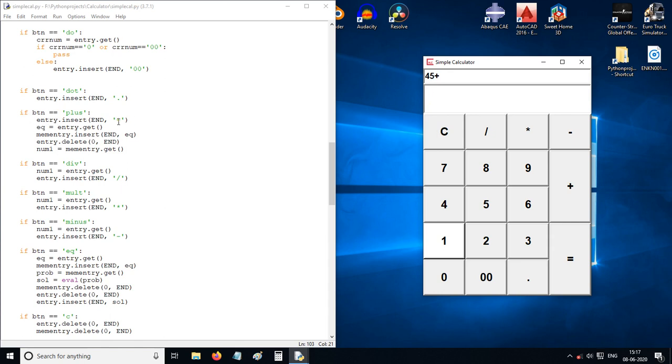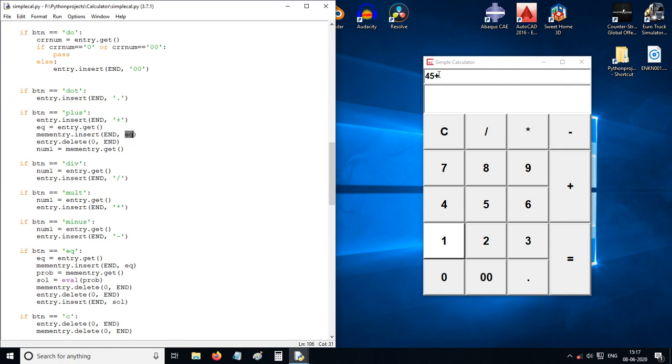Entry insert plus, equation is equal to entry dot get. Everything in this entry will be stored into the equation variable. Then memory entry dot insert end equal. Okay, put at the end this variable.